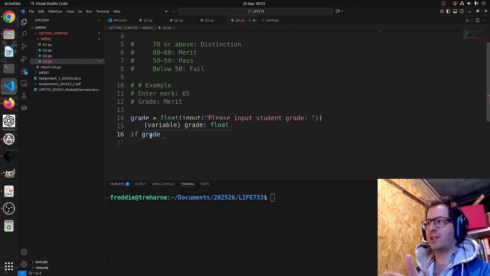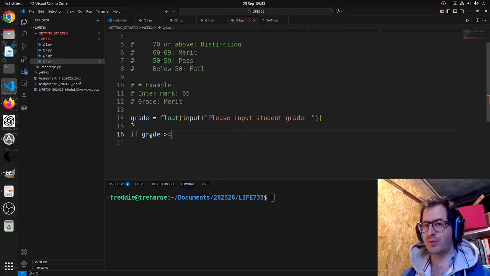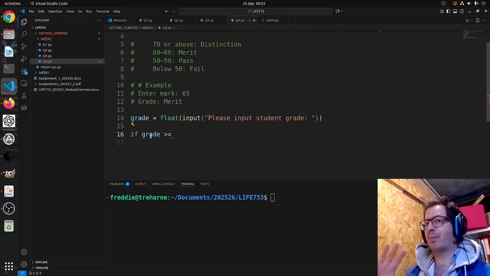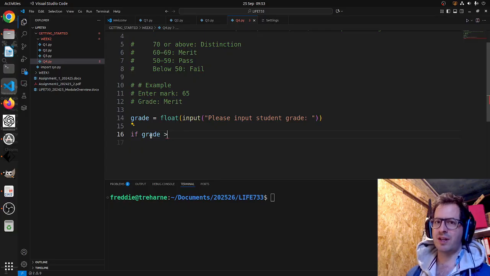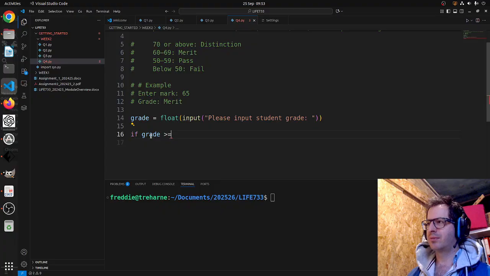So to do 70 or above is actually the greater than symbol and equals. Okay, and the equals is important because that will include the 70. If I wanted just above 70, it would just be greater than. Okay, greater than or equal to 70